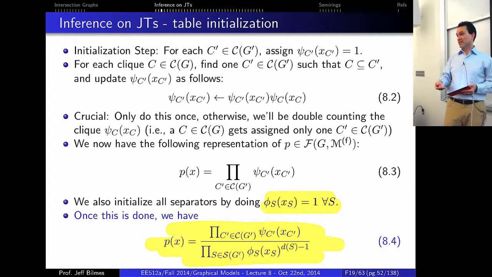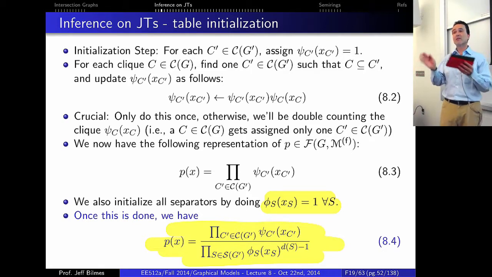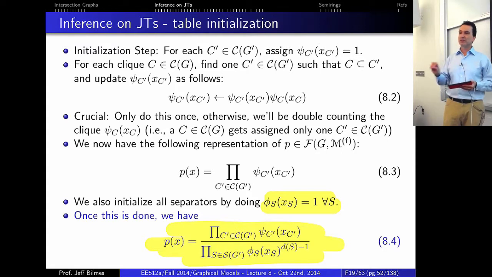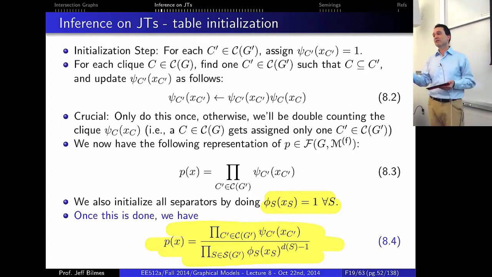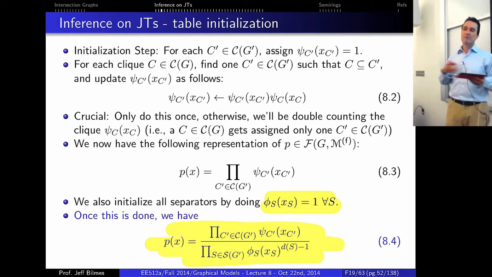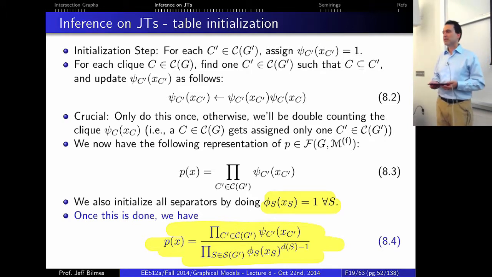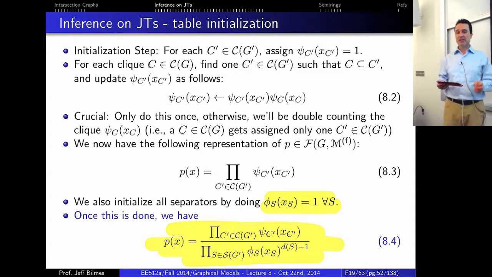When we do this initialization, when all of the initialization is done, we have a representation. Now the denominator is just equal to 1, right? The numerator is just equal to the product of the Maxclique potentials, which was initialized to the product of the original graphical potentials. So therefore, we haven't really changed anything. We've just shifted the representation around and done a bunch of extra multiplies and divides by 1. Okay. So this might not seem like anything useful yet, but on the other hand,